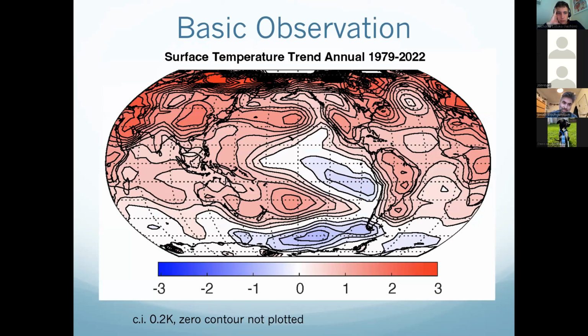Okay, so this is the thing that we've been trying to understand. We've heard a lot of talks about this in this session. At first glance, it kind of looks like the La Nina response. It's cold in the eastern equatorial Pacific, and you've got those 2 warming lobes that are associated with the Rossby waves propagating away from their source in the far western Pacific.